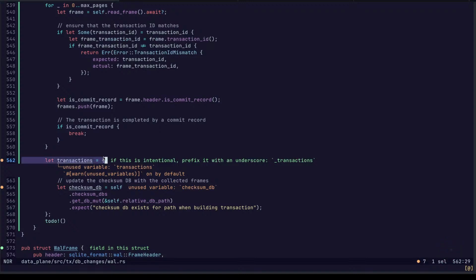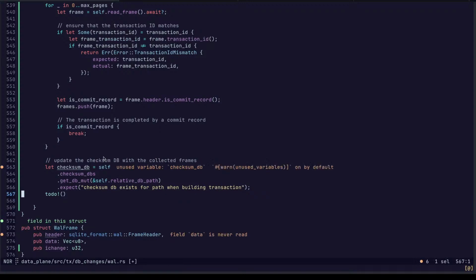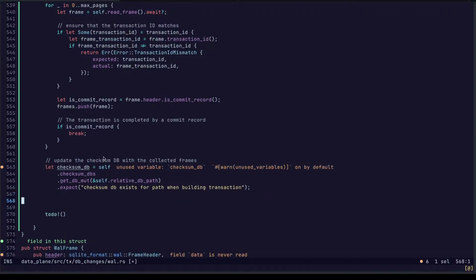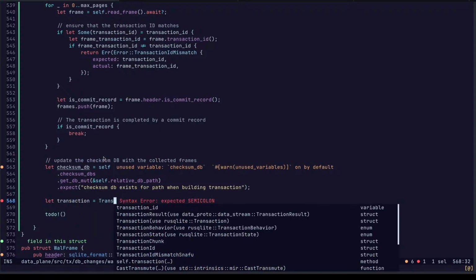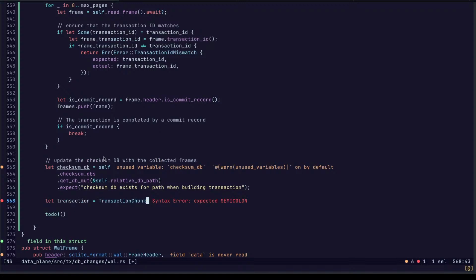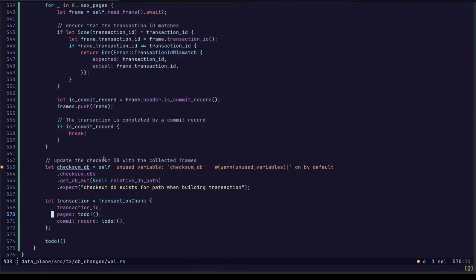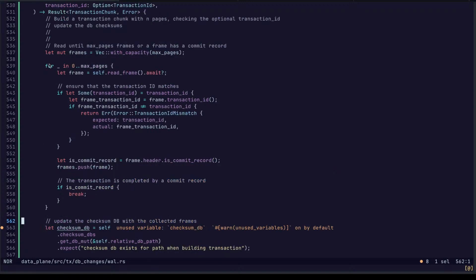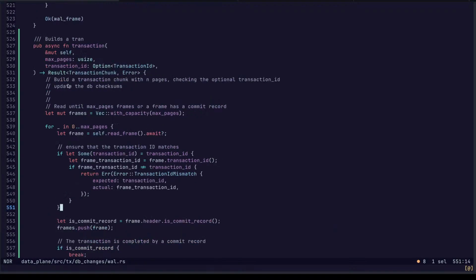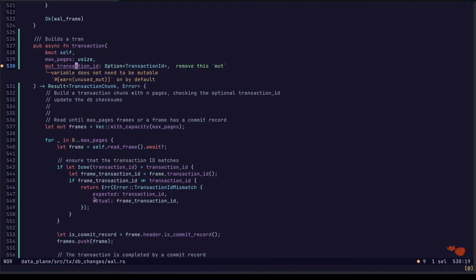Rather, the transaction. Also change that.